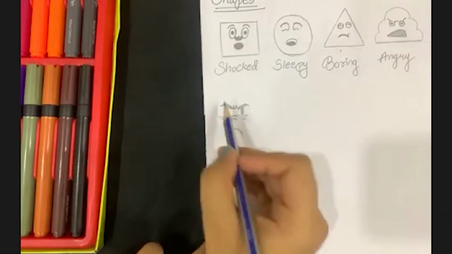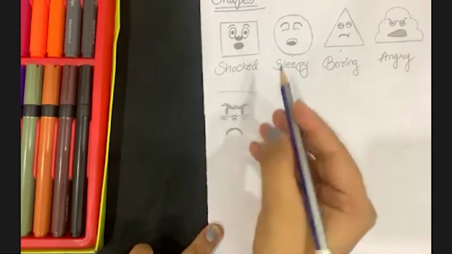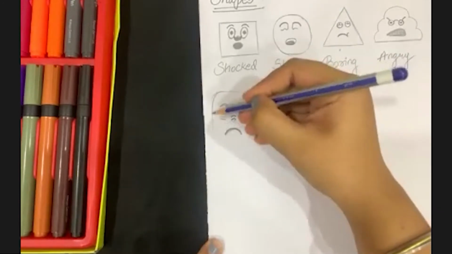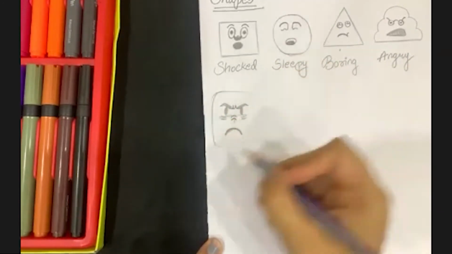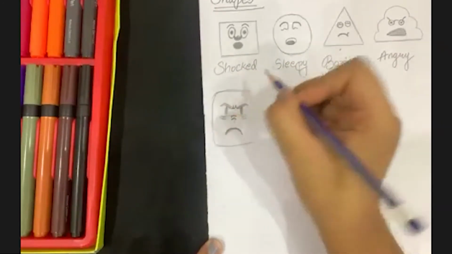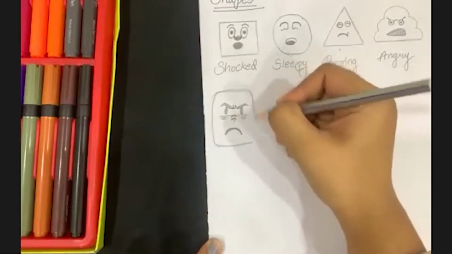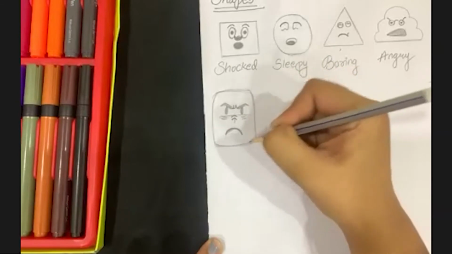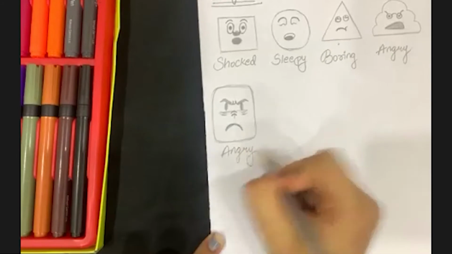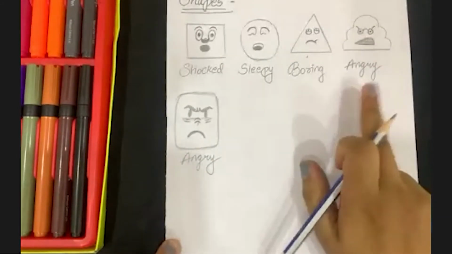And then I'm drawing a square shape, rounded square shape. I'm going to explain it to you again. Please have a look here first, okay? Look, I'm drawing the rounded square shape. So again, this is my angry face. Okay, this was my basic angry face.